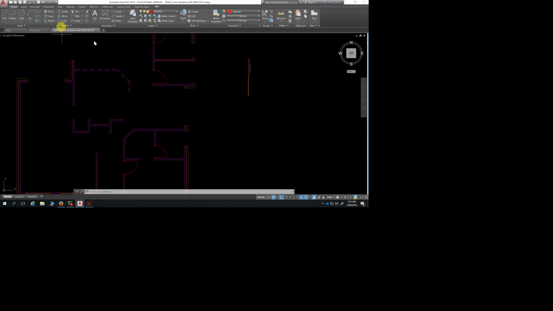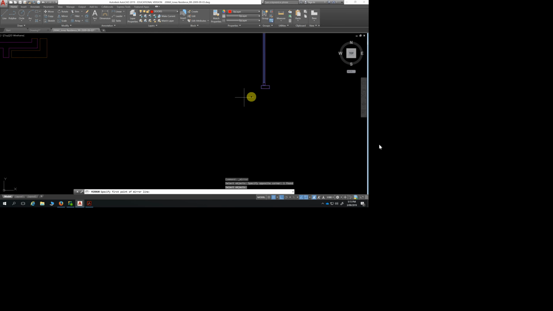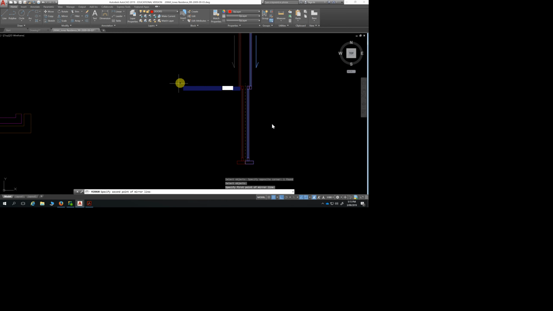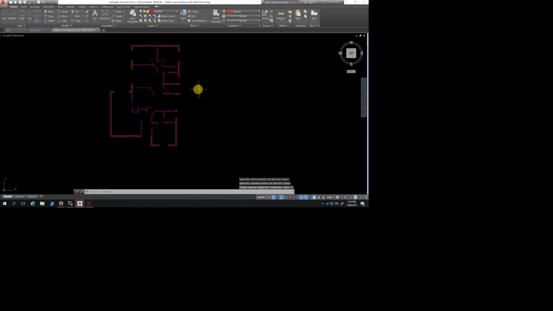So if I want it in that position upwards, that looks the closest that I can mirror it, and then I can actually have my arrow on the inside. So I click, and now I just have to mirror it. So I go to home, mirror, and I mirror that up option, enter, and I get from there and I mirror it there. Now it's asking me to remove the source object. I would like to remove the source object, so I'm going to say yes. And now I can move it into position,